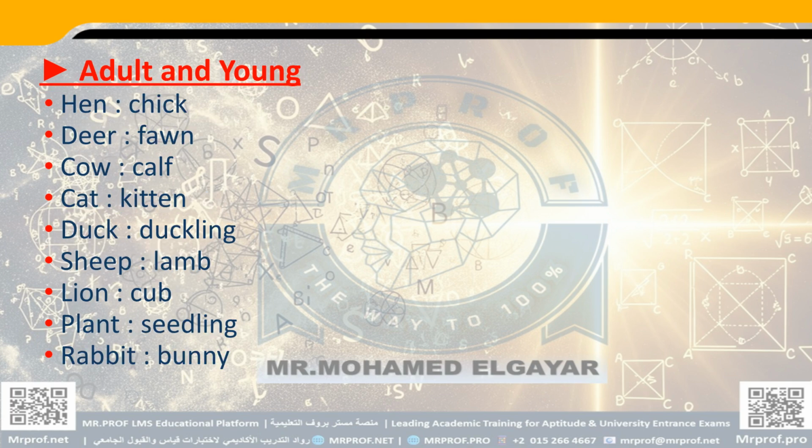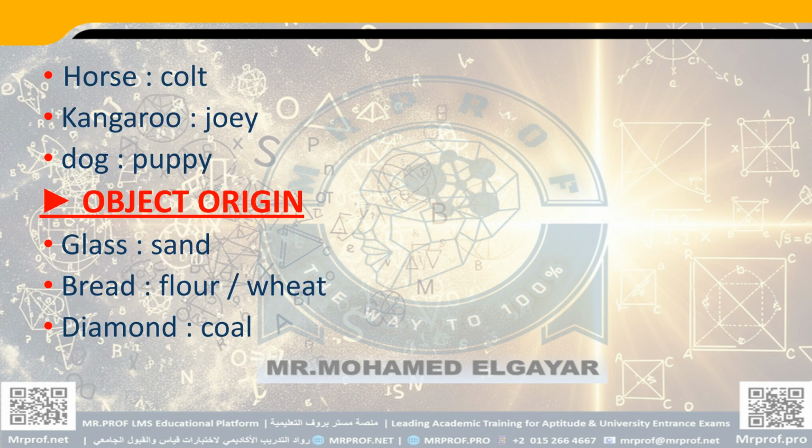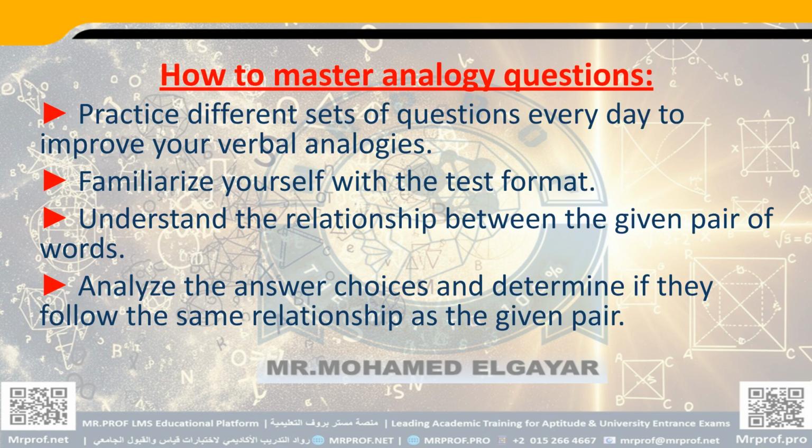Adult and young analogies pair an adult animal or plant with its offspring. A cow has a calf. A cat has a kitten, and a plant starts as a seedling. Additional adult and young examples include a horse and colt, or a kangaroo and joey. Object origin connects a finished product to the material from which it is made, such as glass originating from sand, or bread from flour. To master analogy questions, practice regularly, become familiar with the test format, and understand the relationship